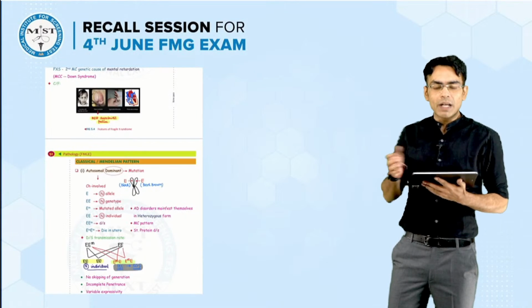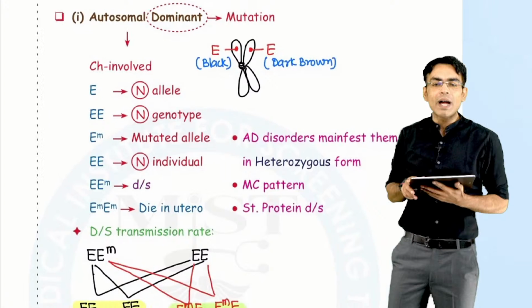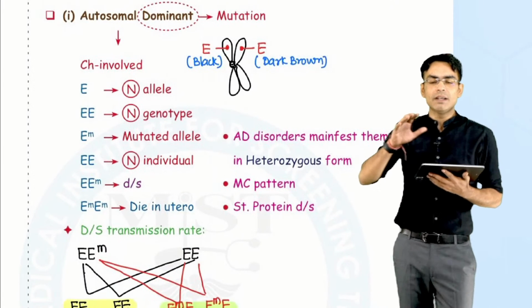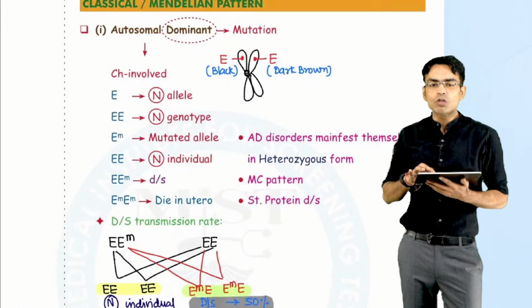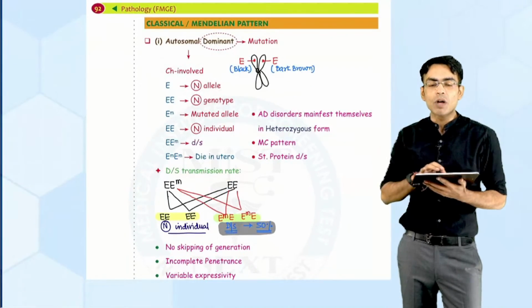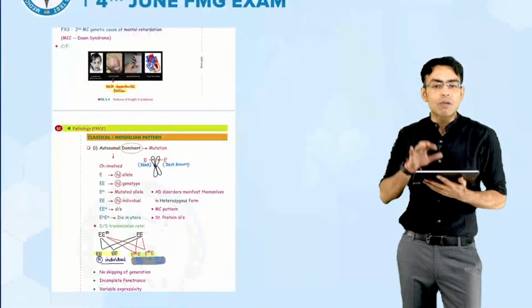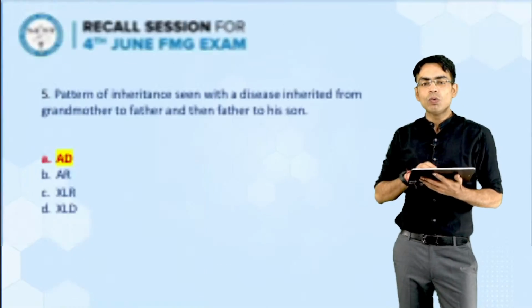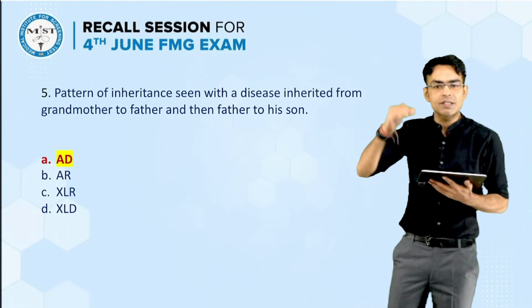Now, if you can recall from the classes, this is an autosomal dominant pattern. Why is it an autosomal dominant pattern? See, there is no generation skipping. In the autosomal dominant pattern, we are not seeing skipping of generation, which we have written very carefully: every generation would be involved in a dominant pattern. So you can get confused between two options here. But it can't be recessive because generation skipping is not there.